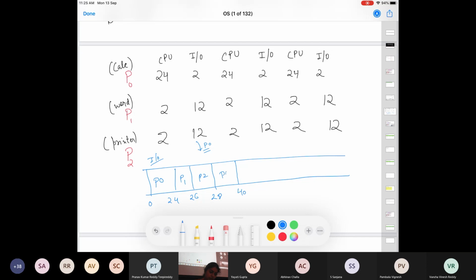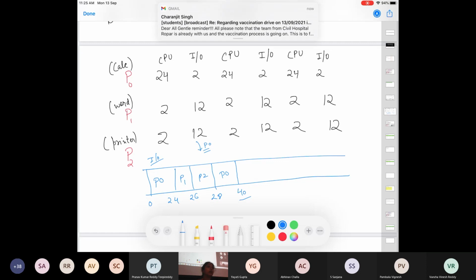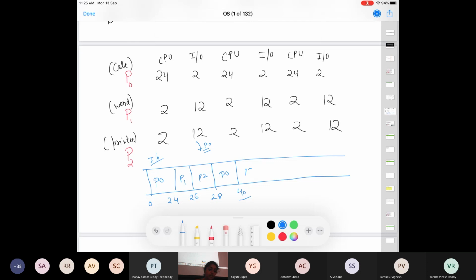During all this time, P0 is running because it was back in the ready queue. At 40, P1 and P2 are again back in the ready queue. Their input output is completed, and they again wait for P0 to complete. The situation becomes the same as it was before. They'll have to again wait for the next 12 milliseconds for P0 to complete. And what if these values were even higher than 24? The situation will become all the worse.